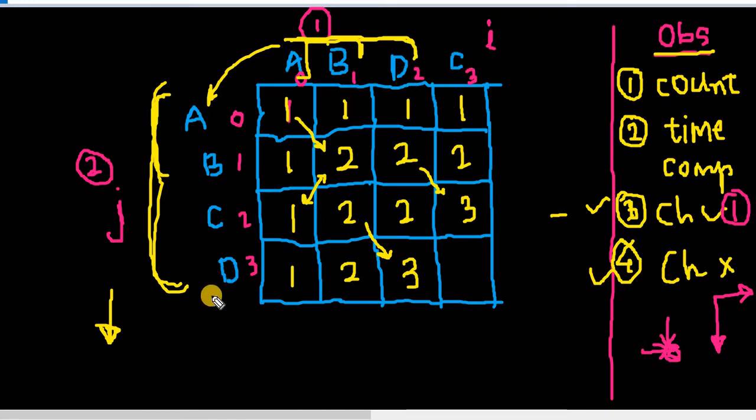After that, we'll check C and D, it does not match, so we'll take the maximum value from the side. So in this case 3 will be inherited, and now we know that there are two possible longest common substrings, that is ABD and ABC. However, this is not the question. We need to return the maximum length of the common subsequence. So the last box will give us the value of the longest common subsequence. So I am thinking you got the idea. After this, I will take Harry and Sally, and we'll work out how that works.